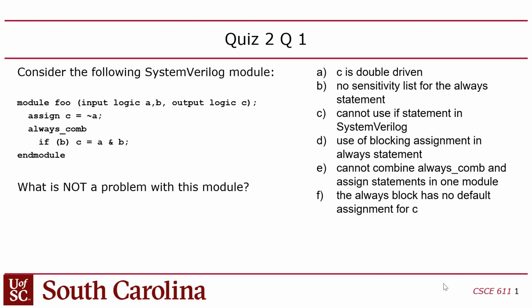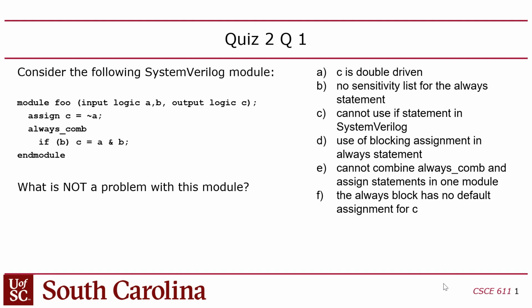And so normally that would become a latch. If it were just an always statement, it would become a latch, because C would have to retain its previous value. And it would be a latch as opposed to a flip-flop, because there's no clock edge defined. B would essentially become the clock, but a level-sensitive clock like a latch. But in this case, you'll get an error because the compiler will assume that you made a mistake by not having an assignment for C through every execution path through the always. Does that make sense? Is that clear?